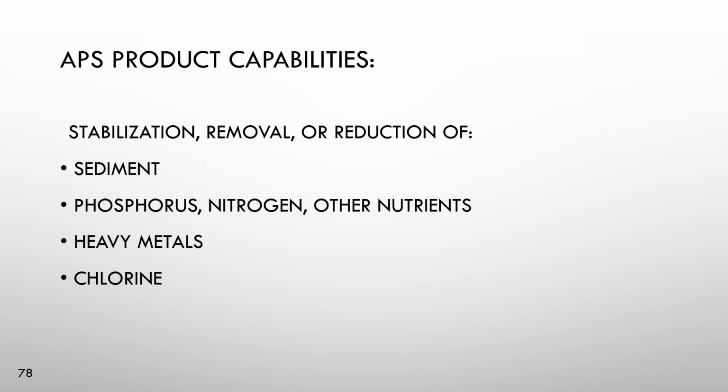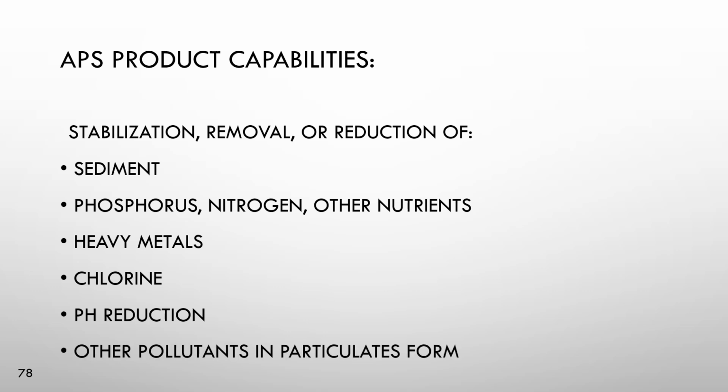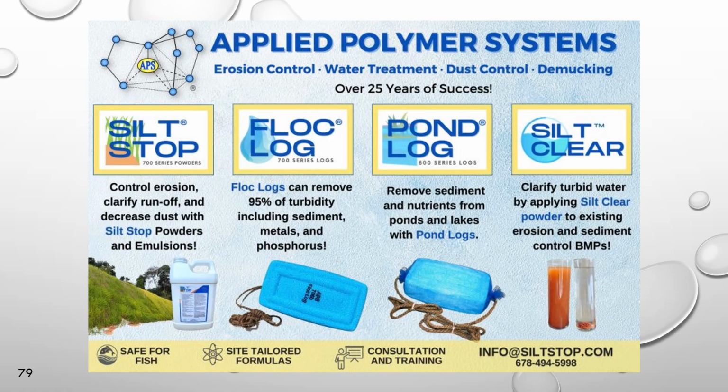Of course, we can also remove metals and also hold those in place in soils by holding the soils in place. Again, nutrient, chlorine, and pH. It's not the polymer doing it, but it's just a cool way that we've been able to implement this technology. So with that, again, there's the granular form for erosion control and water treatment, that's Silt Stop. The floc log and the pond log are those hydrated forms of the log that dissolve in flowing water, for turbidity, metals, nutrients, and then the granular forms we can use for both water treatment and